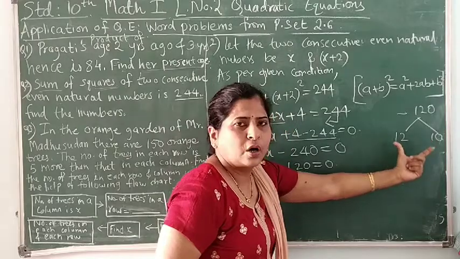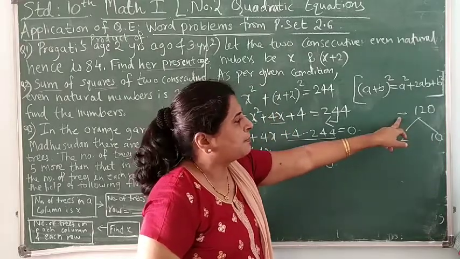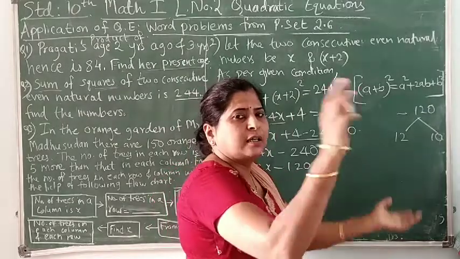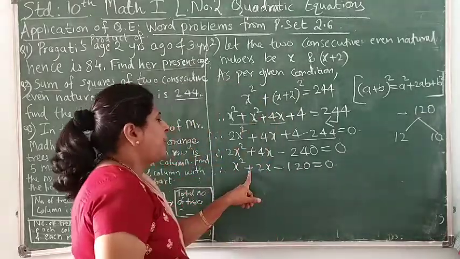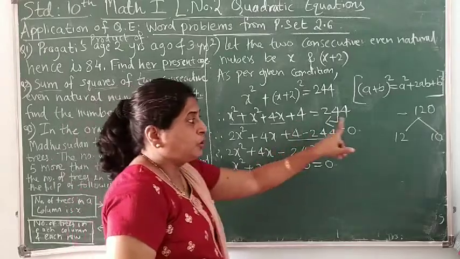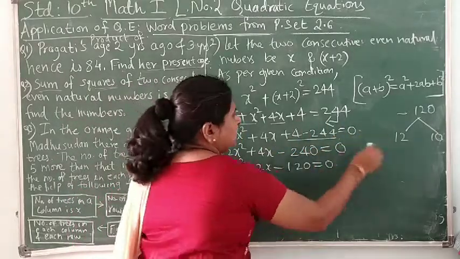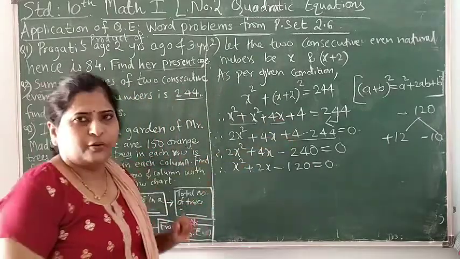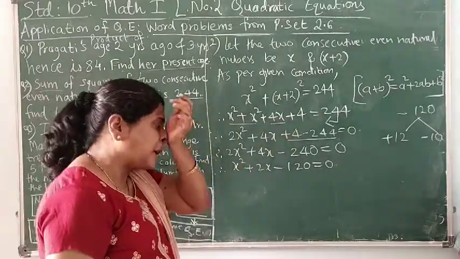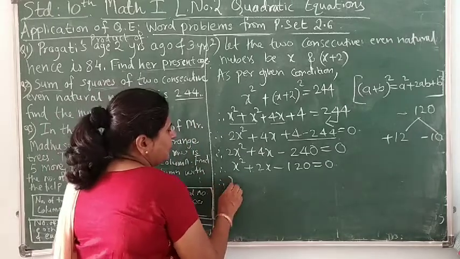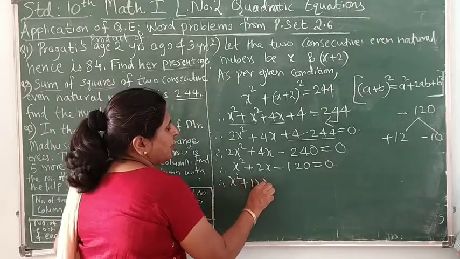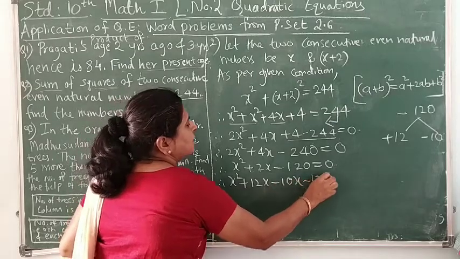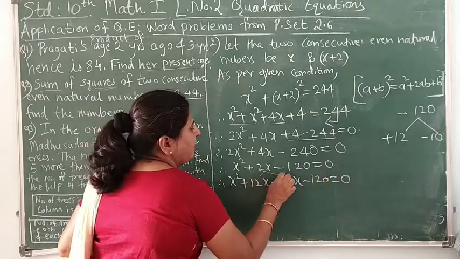So as this is subtraction sign, we have to do the subtraction. And then how should be the signs of this? As the product is minus, signs will not be same. They are different. If one is plus, the other is going to be minus. Now pick up the sign of the middle term and give it to the bigger factor. So as this is plus, this should be plus, and its opposite should be given to the smaller factor. So 12 is plus, 10 is minus. Therefore, x square plus 12x minus 10x minus 120 is equal to 0. This is the splitting of the middle term.